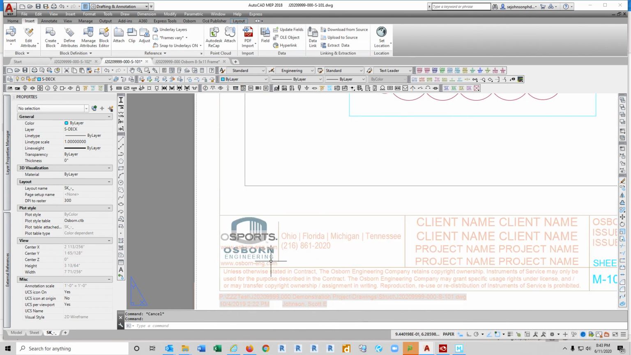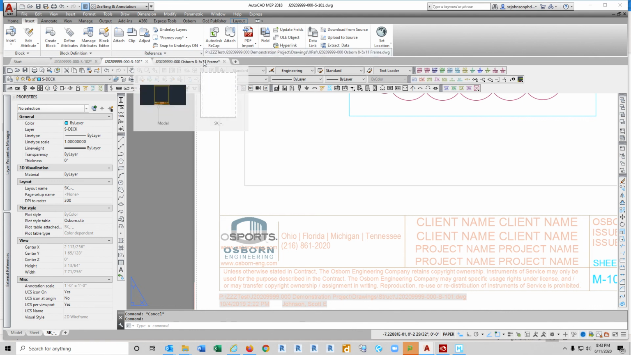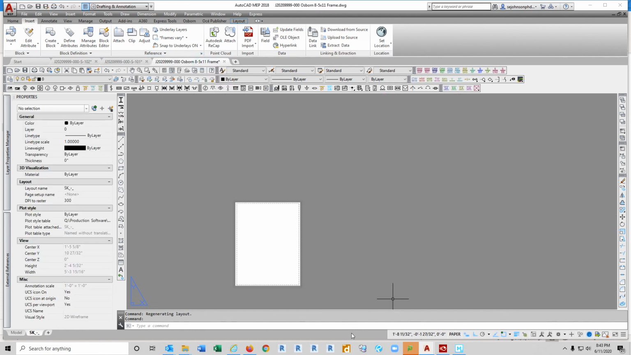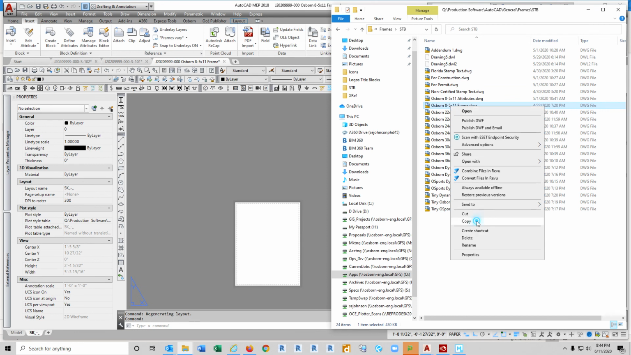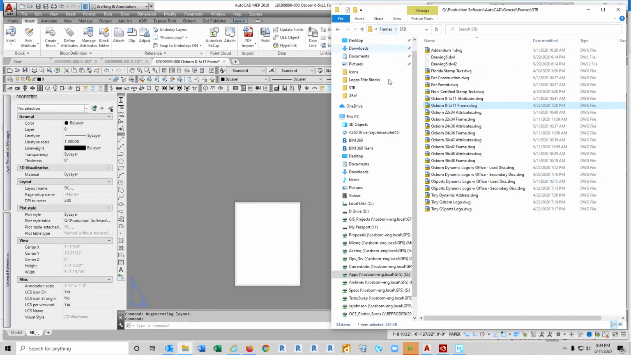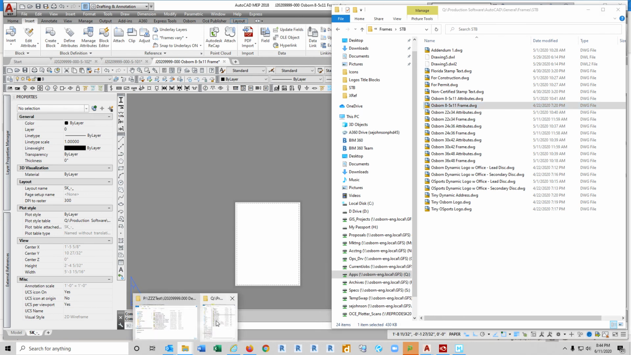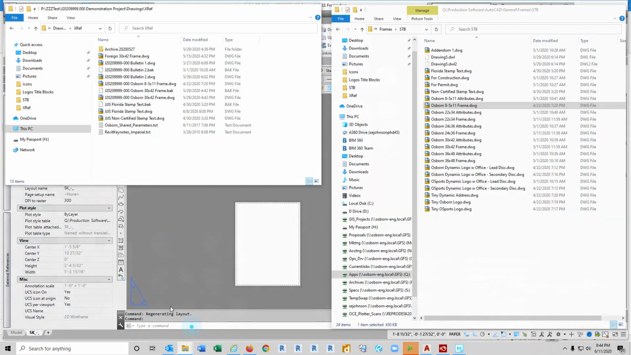Now, before the individual users use the sketch title block on any particular drawing that they are working on, it should be set up by the CAD coordinator for the job. You'll see that, for instance, the sketch title block that's on the Q drive has 2 logos that are shown, one for O Sports, one for Osborne Engineering. The CAD coordinator for the job should copy the frame file from Q, Production Software, AutoCAD, General Frames and then paste it into the XREF folder